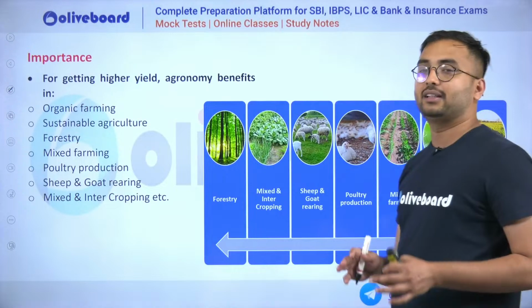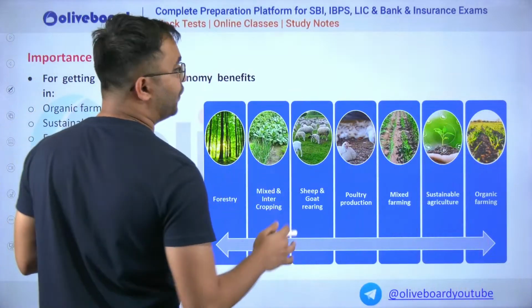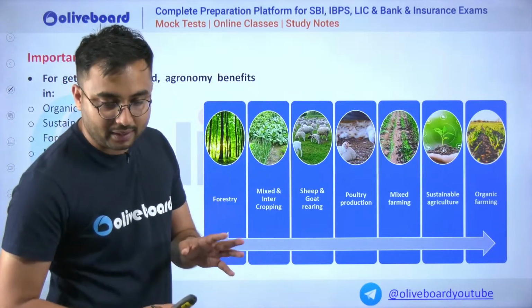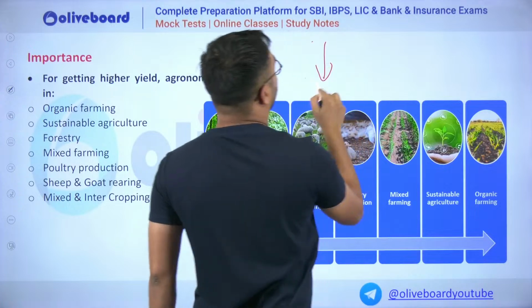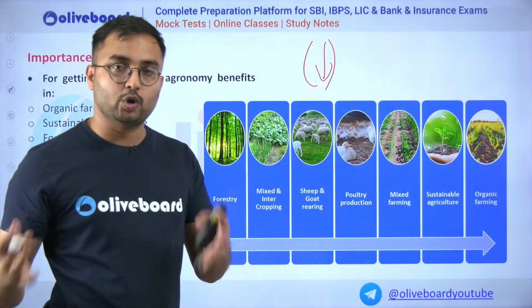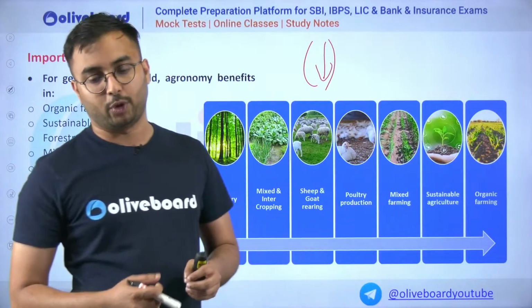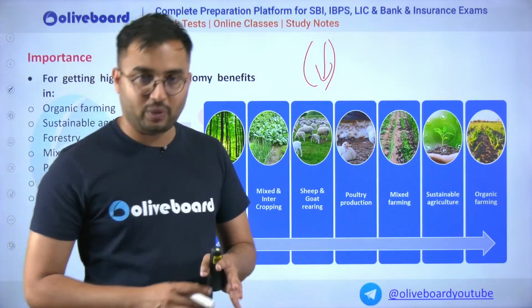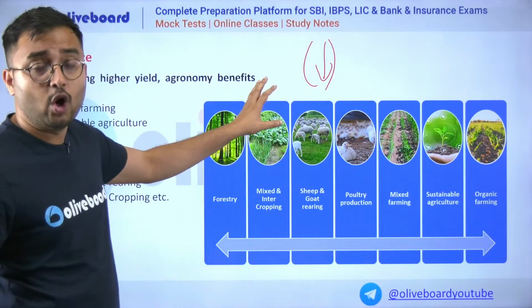Now we'll look at the importance. Importance is very simple. We all need profits. See, the problem is that in agriculture, nobody wants that whatever crop produce I am making, I go and sell it in the market, and if I am getting low returns out of that produce, there is no use. So therefore, we have to understand the main aim or main